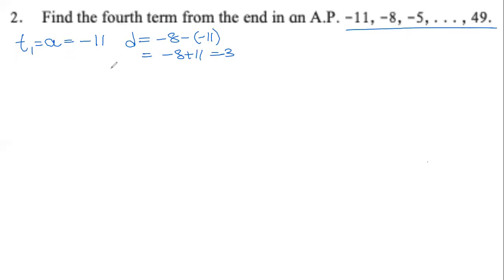Yes, Prachi, your answer in the chat is correct. It already says it is an AP, so we don't need to prove that it is an AP. It's told to us that it is an AP. First term is minus 11 and the common difference is 3. And that's all we need to know to define an AP, the first term and the common difference. Now, once again, look at the AP and tell me what type of AP it is. Is it finite or infinite?